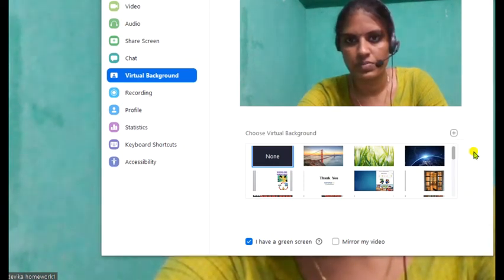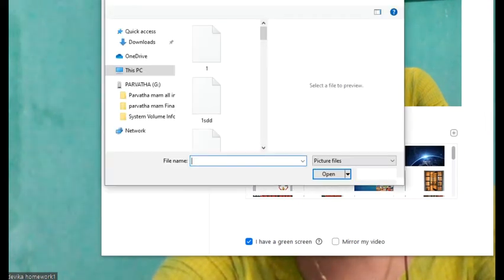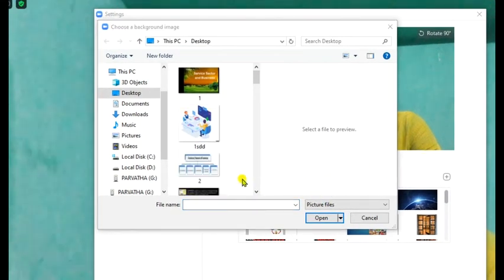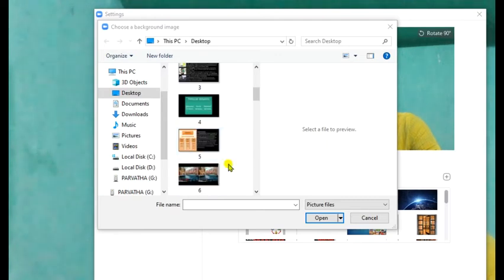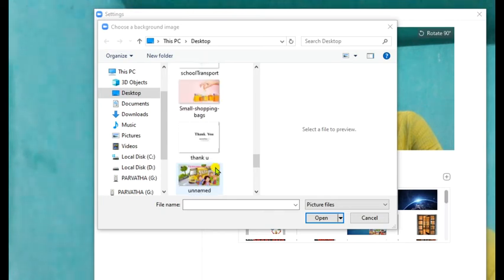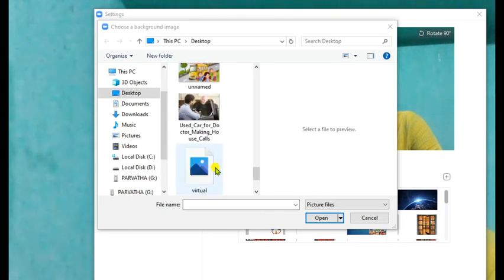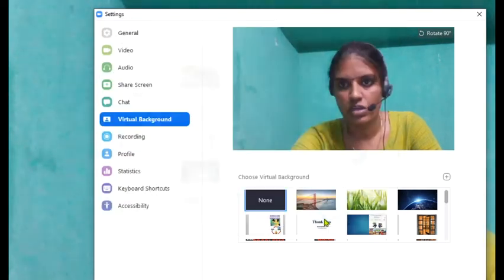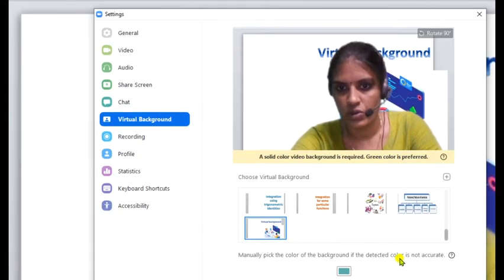Now click on add image. That will be showing you an open box like this, whatever images you have. I have saved the image for this virtual background as virtual. So I'm just choosing the image and opening it now.